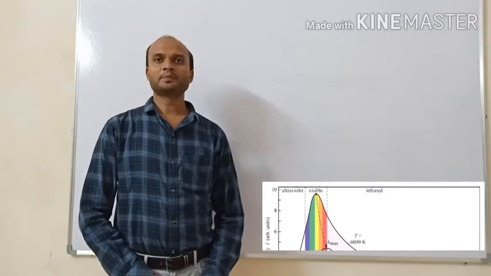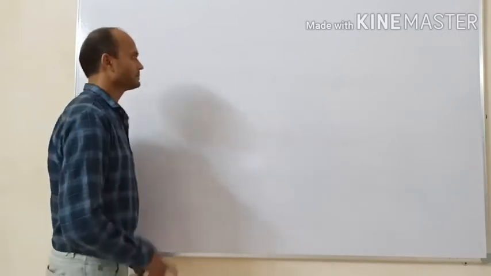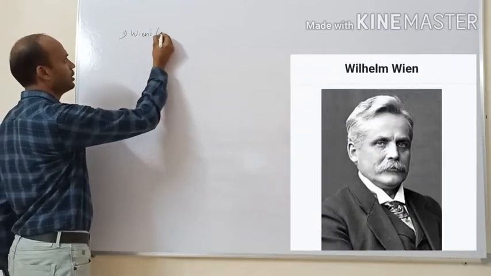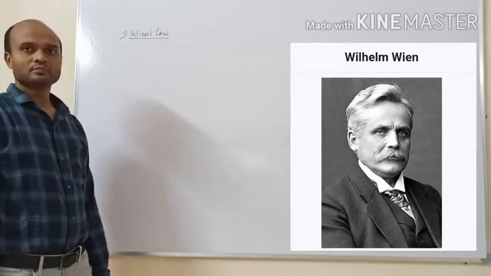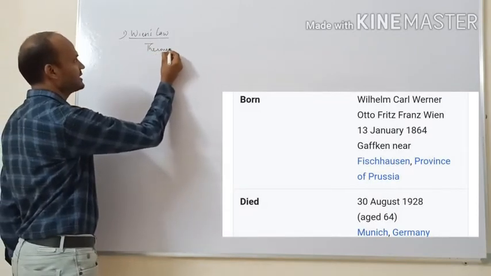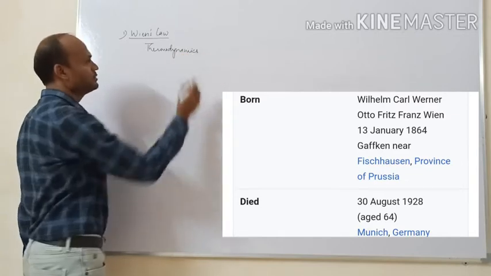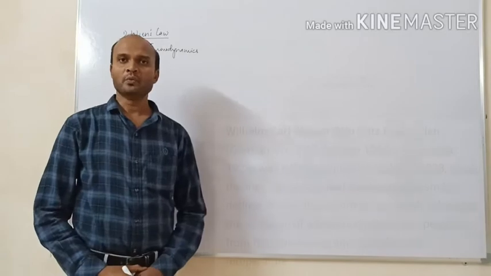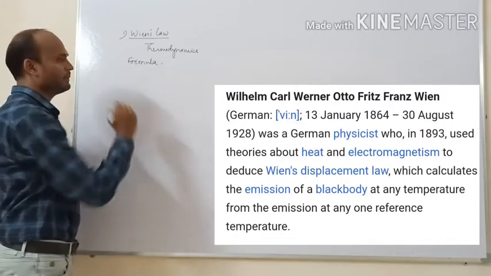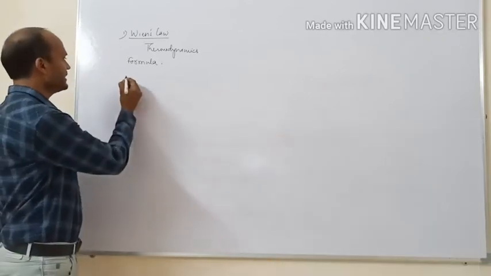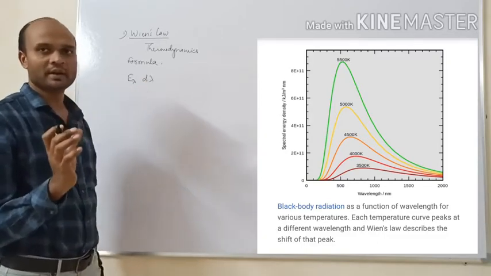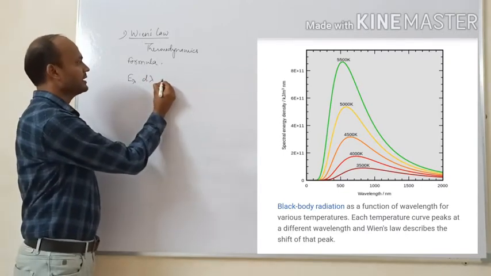So the first attempt to explain the black body radiation spectrum was made by scientist Wien. So first we discuss Wien's law. Alright. So scientist Wien used the theory of classical thermodynamics, and by using it, Wien derived a formula to explain the black body radiation spectrum. That formula is: emissive power E lambda in the wavelength range lambda and lambda plus d lambda, meaning the interval of wavelength will be d lambda, is equal to